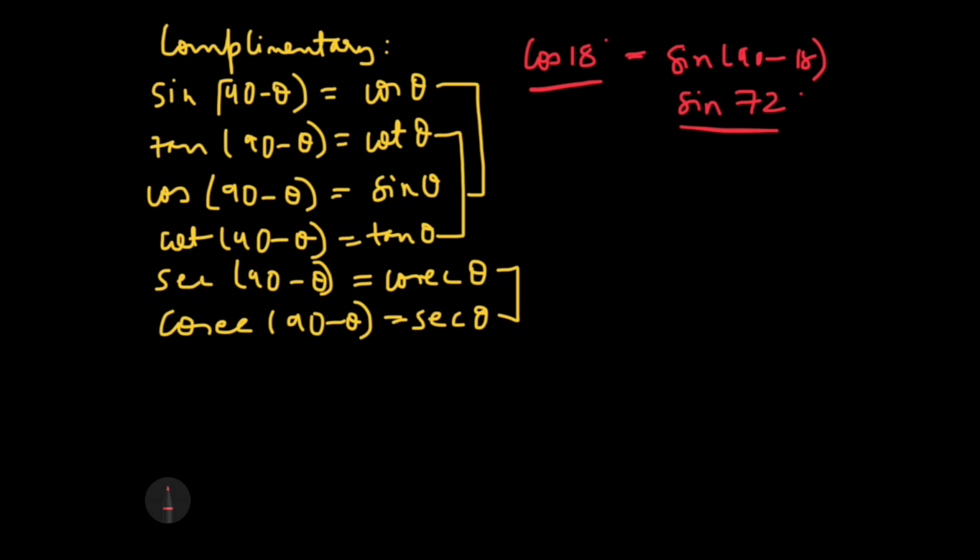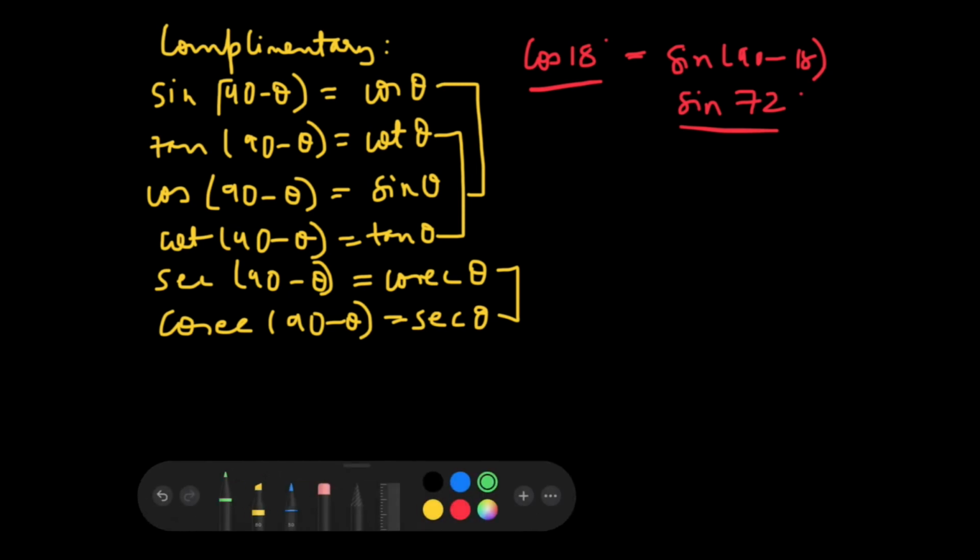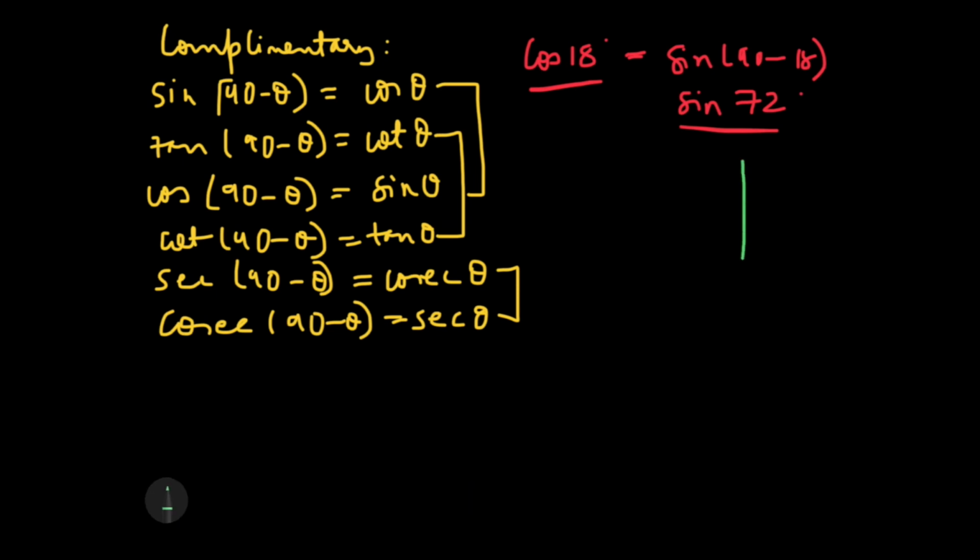So let's take a question on heights and distances and try to apply both the categories of concepts we used. It's a very simple question. I am drawing it down: let's say that this is a tower. This is the most basic and most frequently asked question in heights and distances, guys. If you understand the concept from here, you can do any question, you just need to practice a little more. I don't know the height of the tower.